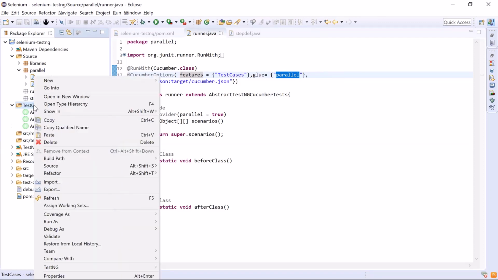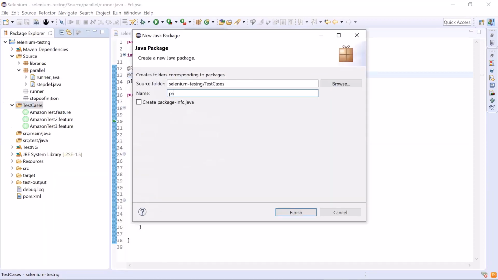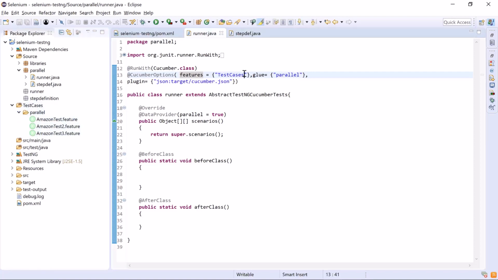So I will just add another package over here with the same name, parallel. And then we'll move all these feature files to this package. Once done, update the same against the features attribute in our runner class.